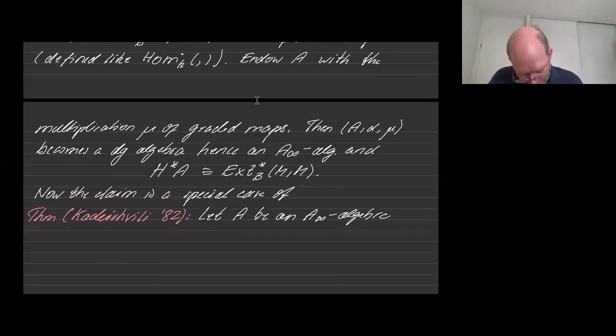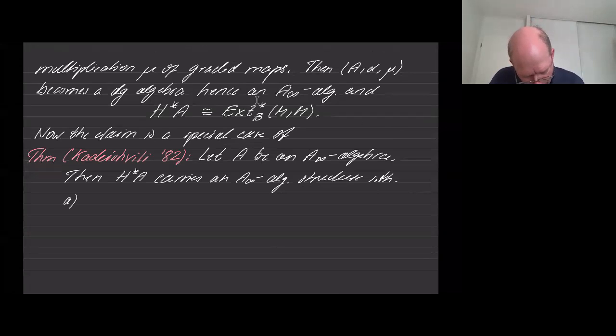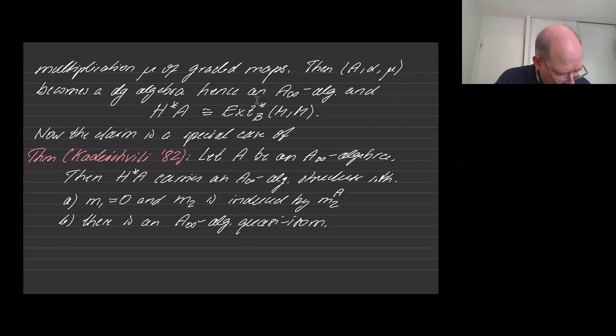then its homology carries an A infinity algebra structure such that M1 vanishes and M2 is just the multiplication induced by the multiplication M2 of A. And secondly, there is a quasi-isomorphism, an A infinity algebra quasi-isomorphism, between the homology of A with its A infinity structure and A itself, which lifts the identity